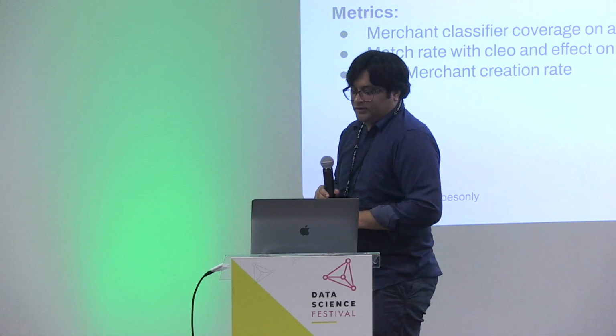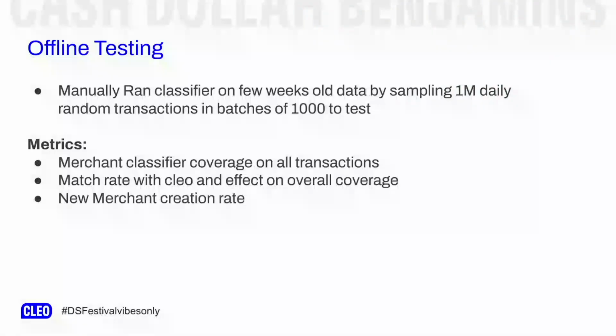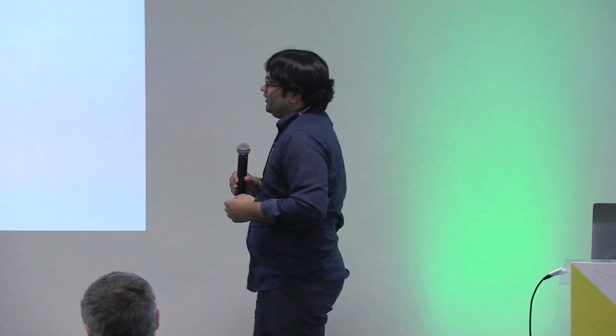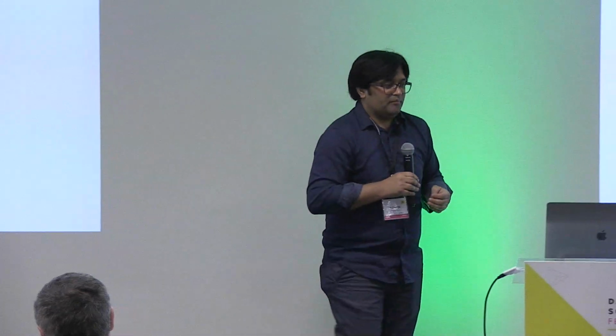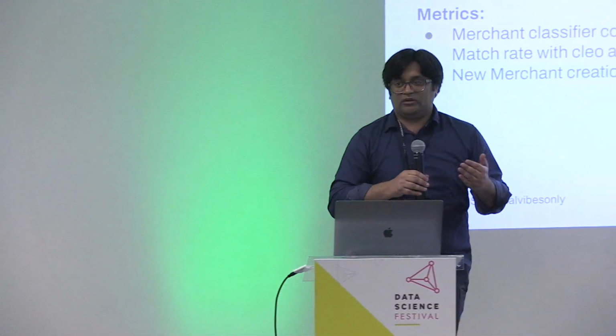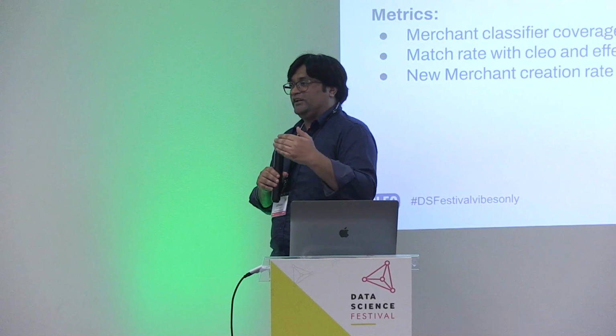So what we have done till now: we had the transaction enrichment problem, and the merchant classifier was one part of it. We built a machine learning service that would migrate the existing system to a machine learning system. We have deployed a model and manually ran some samples on it, but this is still not a productionizable model.